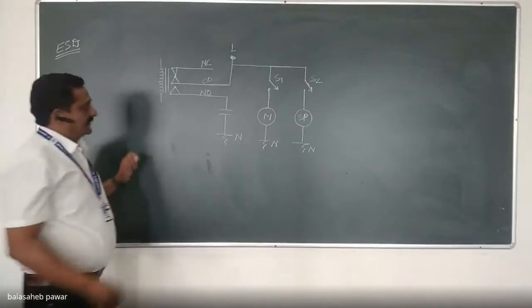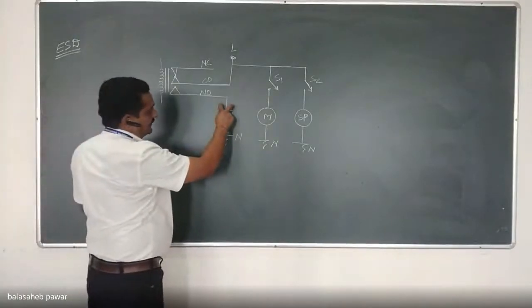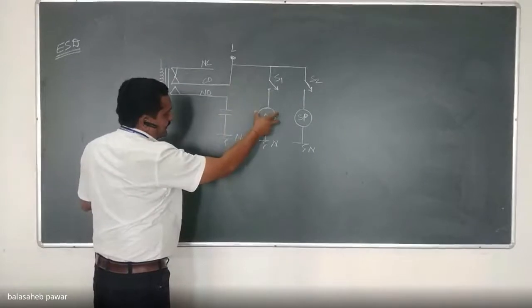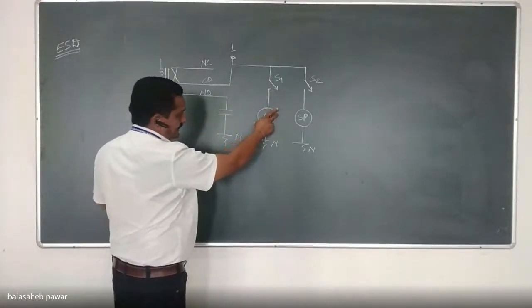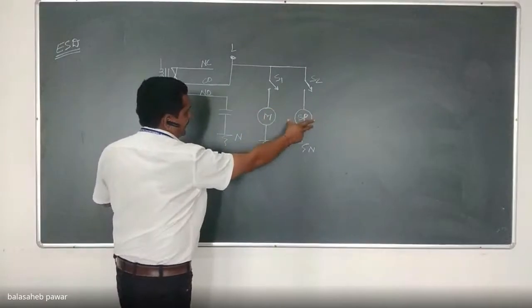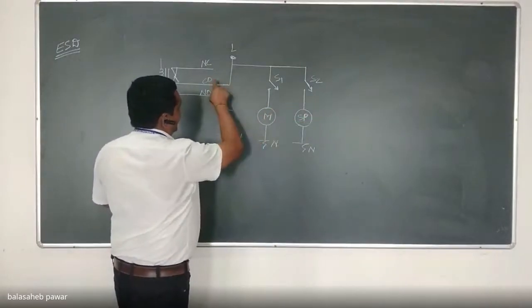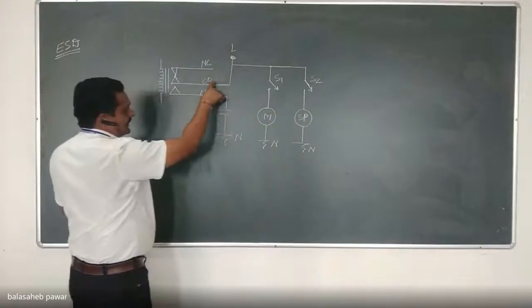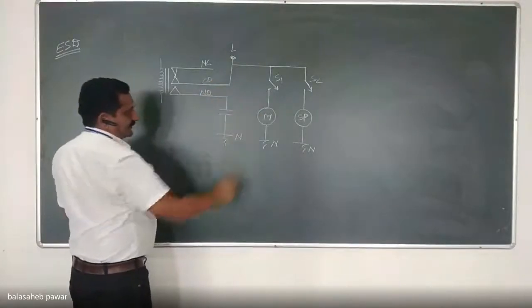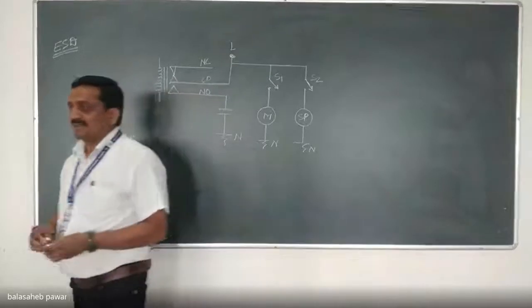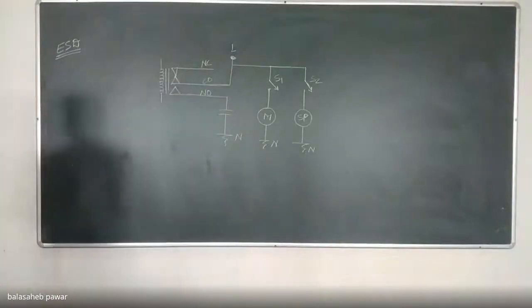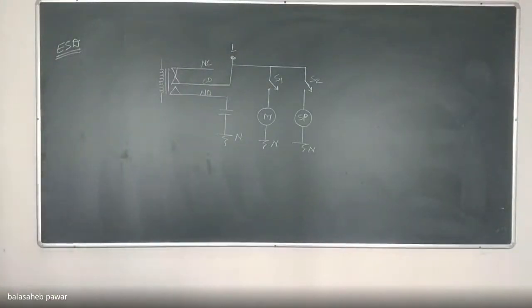See, this capacitor will be parallel either to that underground tank pump, that means the motor, or the submersible pump. It will act as commonly parallel to any one, because out of these two only one motor will be in operation, right? Either that underground pump and its respective motor, or the submersible pump motor.